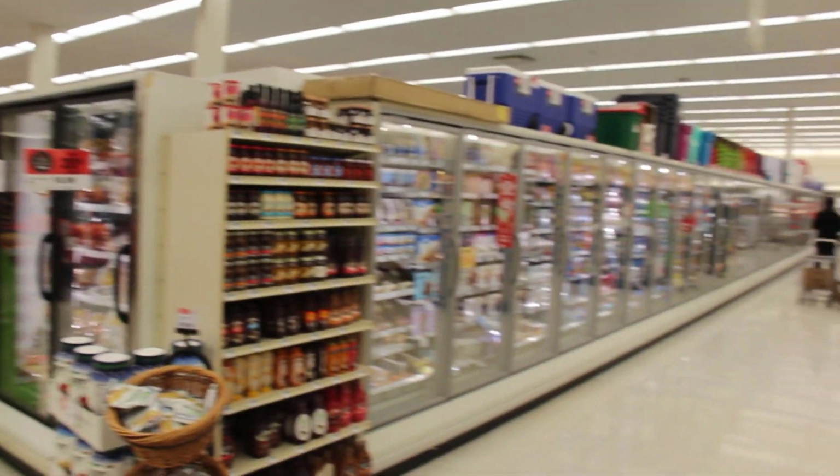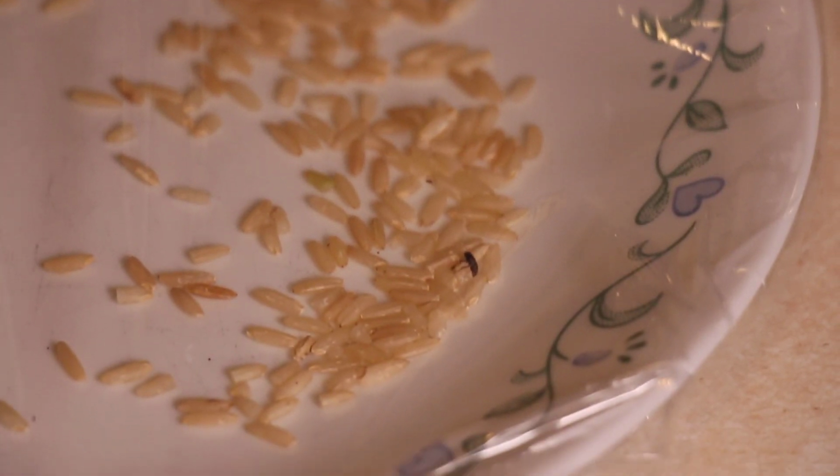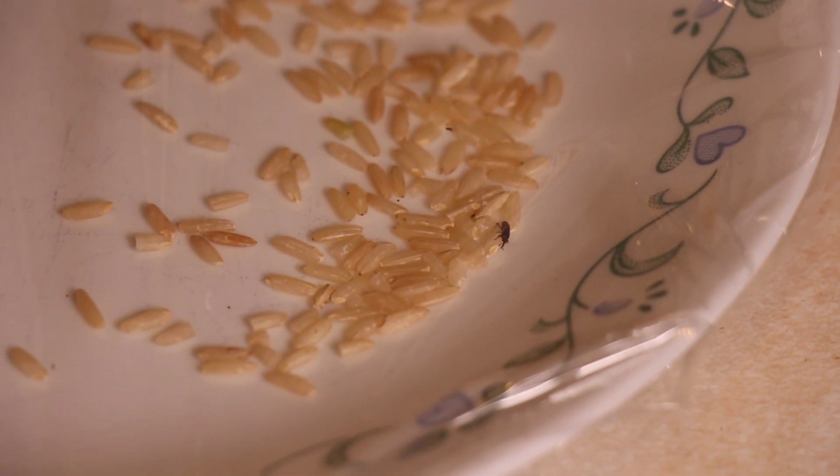I covered them with saran wrap. There were a bunch of them, and they got away. Somehow they find a way, and they're very hard to contain. I don't know what these are. I wish I knew the technical term, but I'm not into insects, and so I decided to bring this up